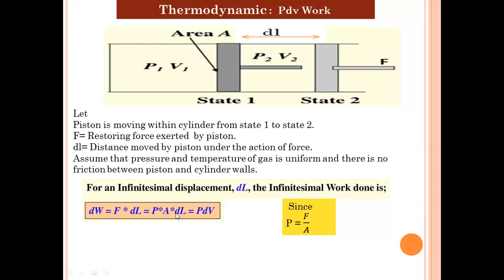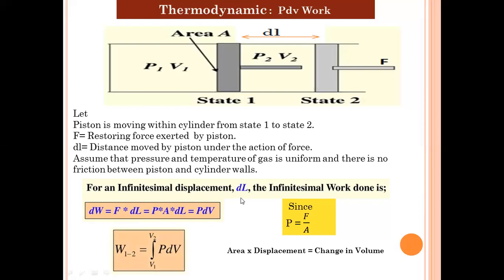So area into displacement is nothing but the change in volume. So we can write the work done during the process from state 1 to 2, W12, as integration with respect to V from V1 to V2 of P dV. So this is how we can find out the work done